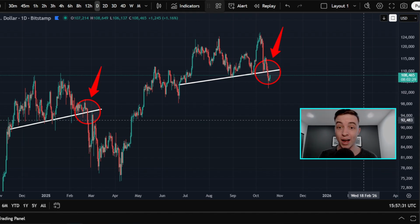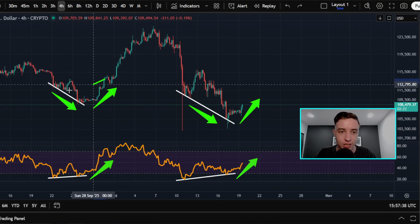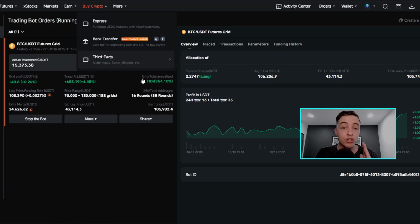My name is Josh, and right now Bitcoin is starting to retest this crucial level on the price chart, as we're now seeing the price of Bitcoin repeat history in the short term, which is something that we need to pay attention to. So yes, I'm still currently in my Bitcoin trading strategy, which is already starting to make a